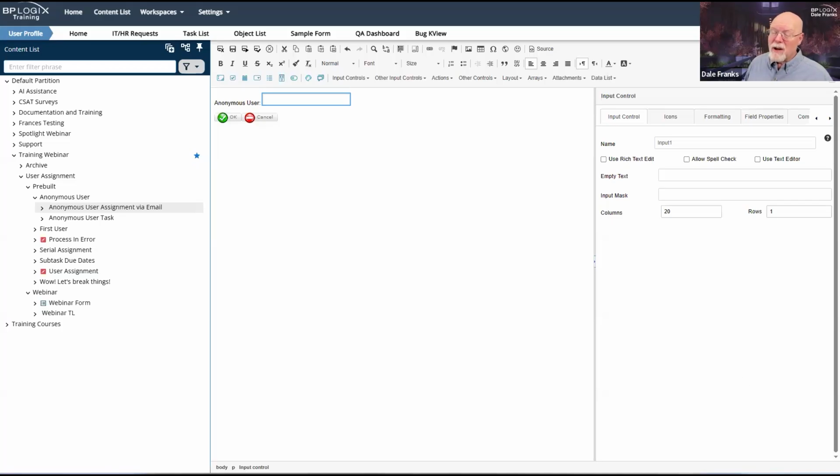There is a pretty small number of use cases where you would want users to be able to interact with the form outside the context of a task. But those edge use cases do exist, and Process Director enables those edge use cases through the application of permissions. So you can do it, but I think it would be fair to say that you would do it very rarely and only in very specific use cases. So I hope that answered your question.